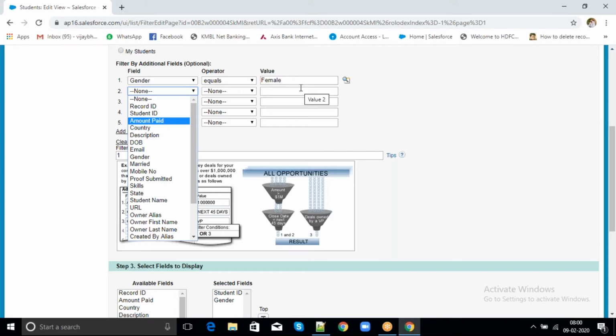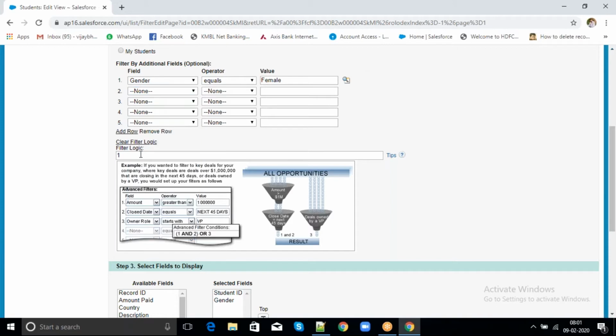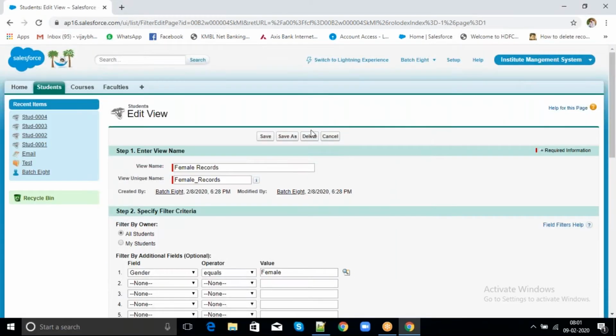OR means if gender is female or it is from India, then if any of the conditions is true, that record will display. AND means both should be true, then that record will be displayed. So here in the logic we should enter 1 and 2 like this. Clear, right? AND, OR?